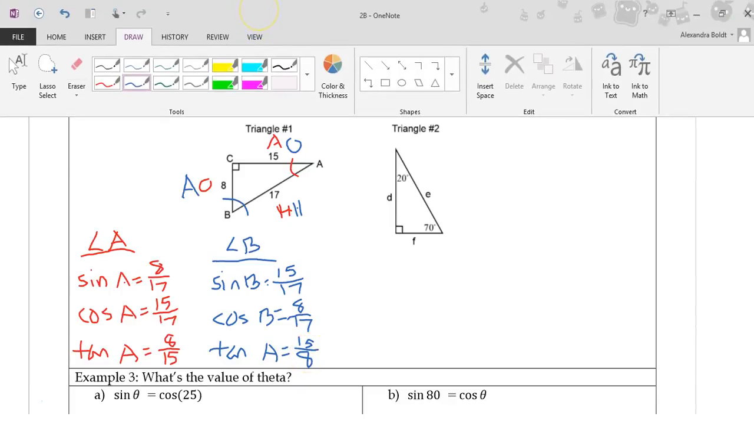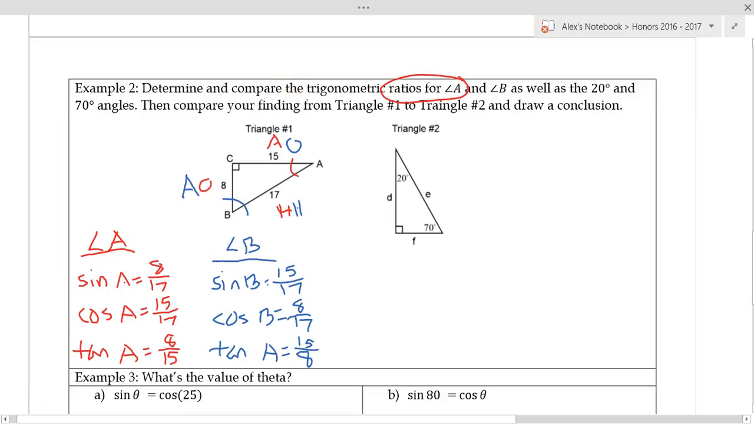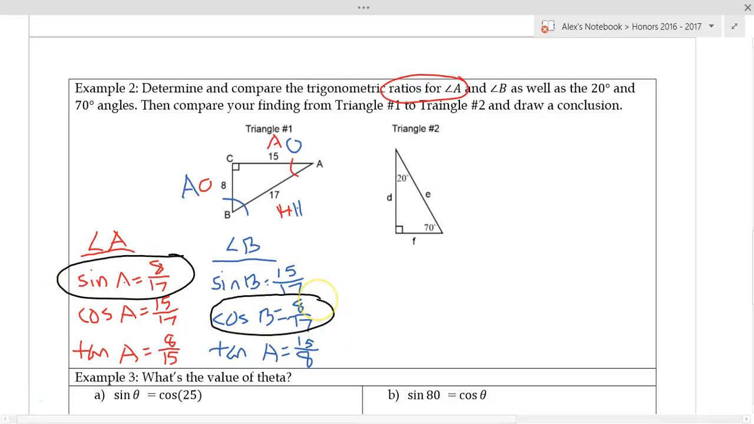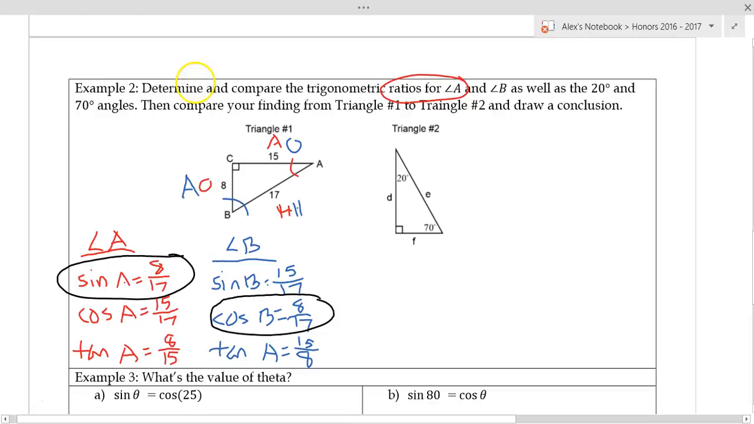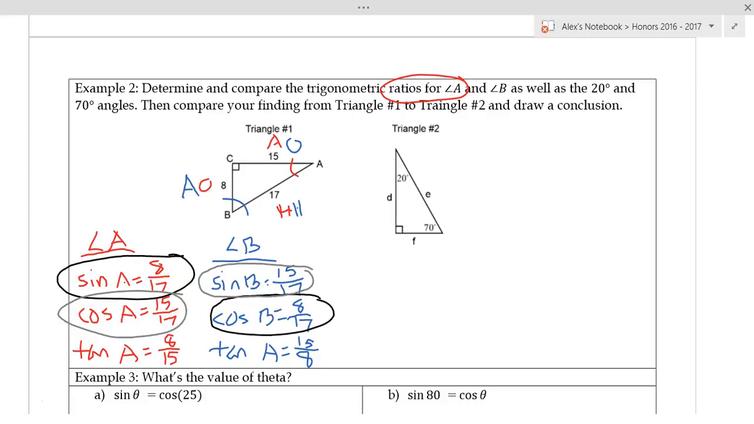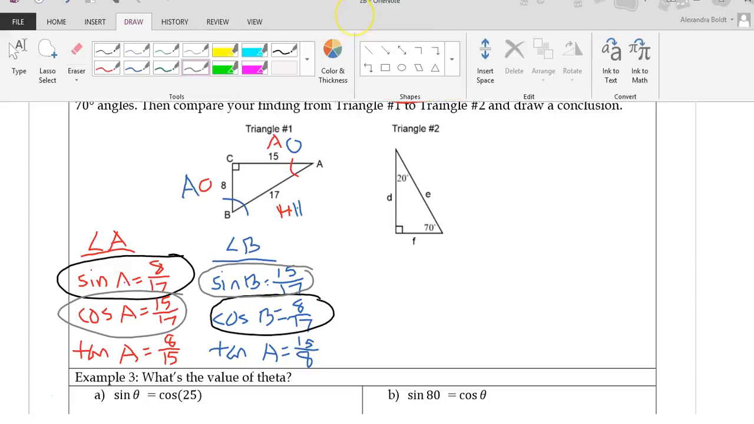So far what we notice is what we saw the last time still holds true. My sine of A and my cosine of B are equal, and my sine of B and my cosine of A are equal. So they're equal to those opposite trig ratios in the opposite angle. Okay? Looking at triangle number 2,